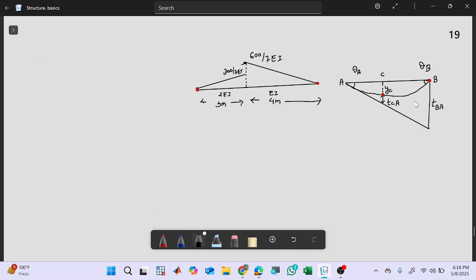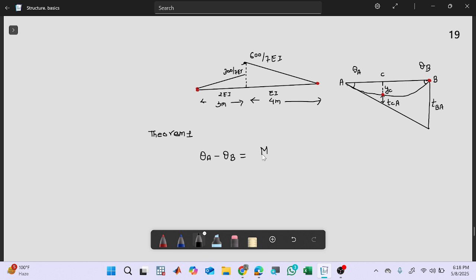So we have drawn this also. Now we will apply our theorems. So what was the first theorem? Theorem 1. So theorem 1 was theta A minus theta B is equal to